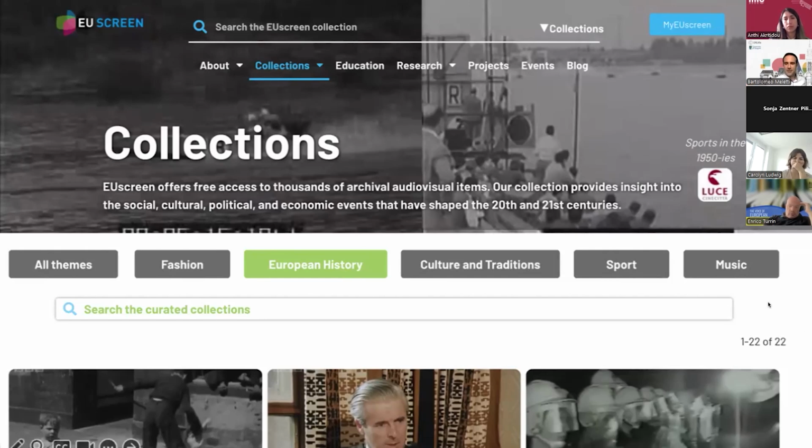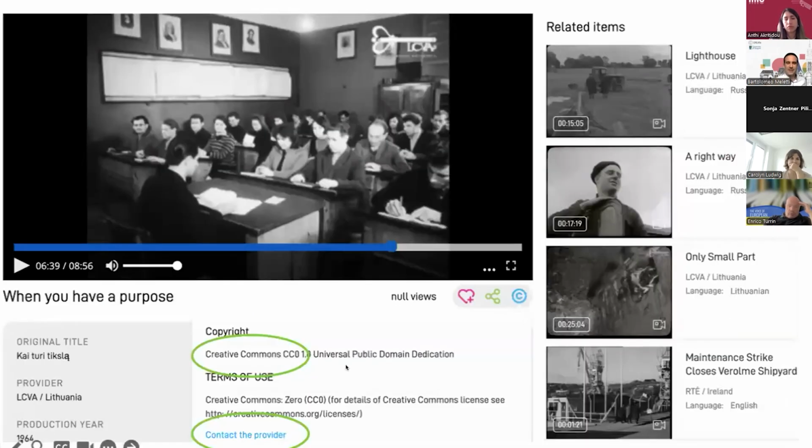And some of those materials, if you click on a certain item, you can find the copyright status. So most of them are in copyright, so you can only display them, but a few of them are also under Creative Commons licenses, like this one. And then you can contact the provider. There is a form that you can use to contact the archive that holds the material, to get a copy of the material if it's under Creative Commons, or if it's in copyright, to get a license, to get permission